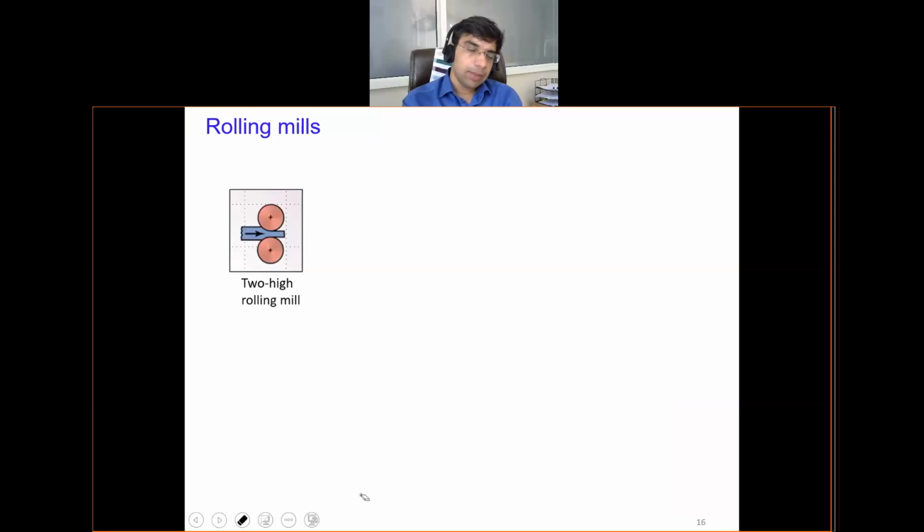So now there are these rolling mills. Rolling mills are basically arrangements of the rolls in different configurations. Again, the rolls can be of big size or small size. So generally, there are two types of rolling mills, depending on the diameter of the roll. So if the diameter of the roll